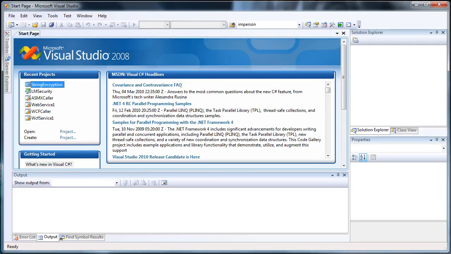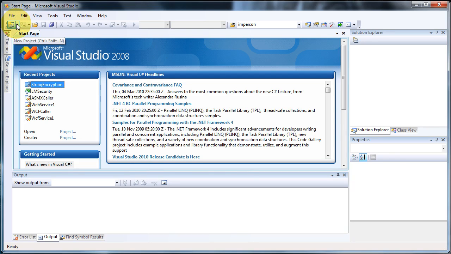Hi guys. Alright, today I'm going to show you how to create a simple web service on a server locally and then how to consume that web service. And this is all done with Visual Studio and C Sharp. I'm using Visual Studio 2008. So to start, we're going to create our ASP.NET web service on